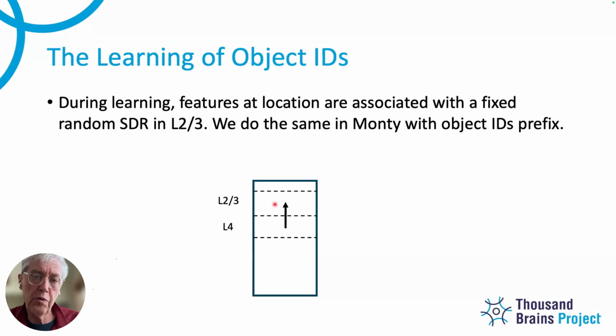The random SDR just says I'm on some particular object. But you started off with a diagram which was about when you decide you're on a new object, right? There's no assumption in the random SDR about that. That just says we're on the same object, but there's an outer loop algorithm which you talked about earlier, which is when do we decide we're on a different object. And the assumption of it being the same object, isn't that more in the associative connections? You wouldn't learn the associative connections if two columns are on different objects and they are not correlated.